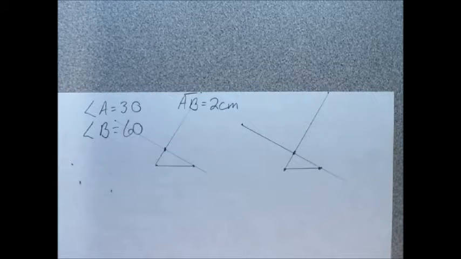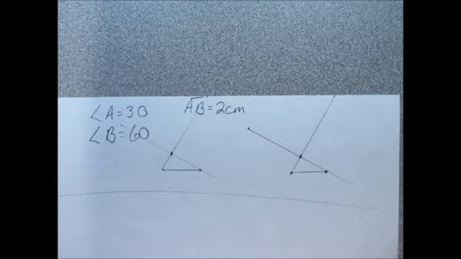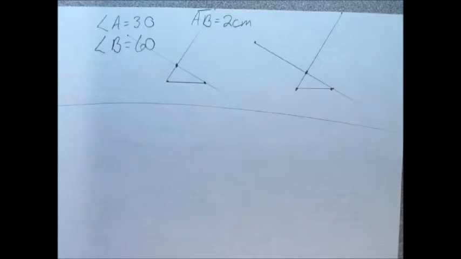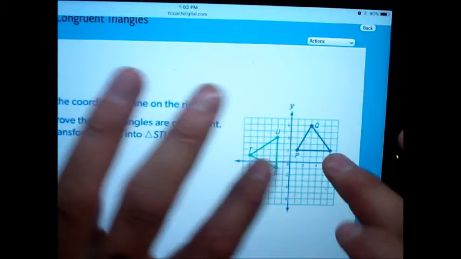Okay, here we go. Here's our problem. It says triangles PQR and STU are shown in the coordinate plane. They are shown on that page if you have not flicked there already. It is given that angle P and S are congruent. Angle R and U are congruent. It says prove that these two triangles are congruent. Then identify the rigid motion that makes them congruent. So,